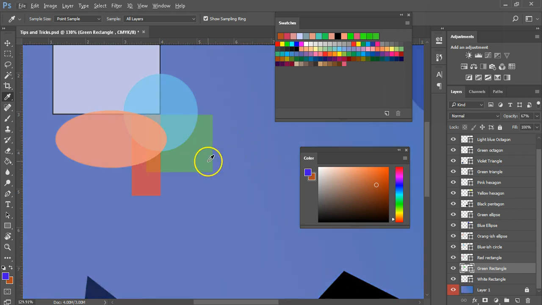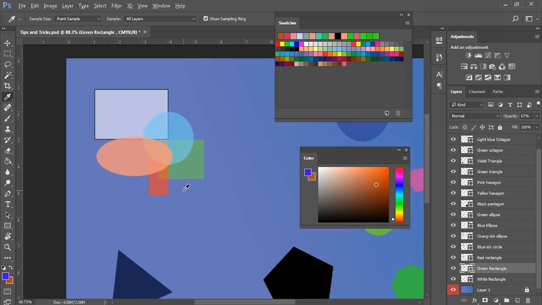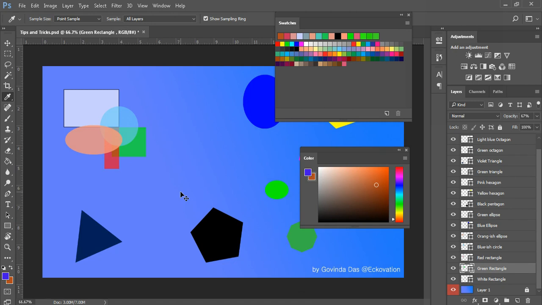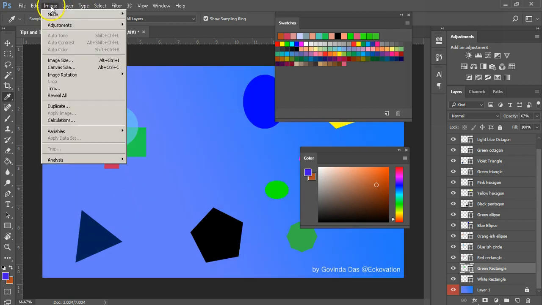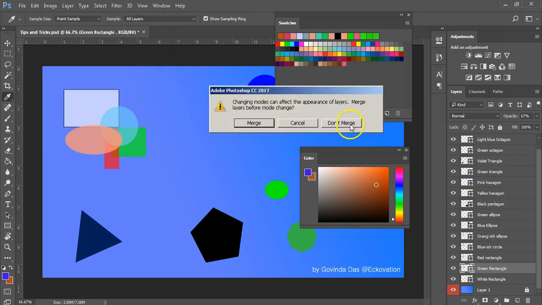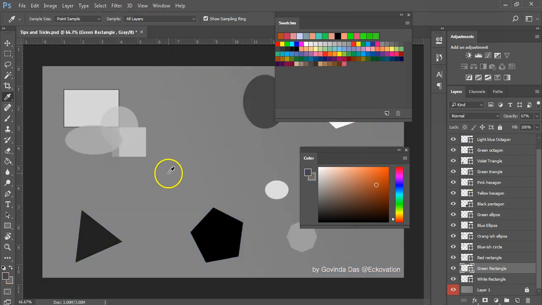You might have noticed some change in the colors of our canvas. If not, press Ctrl Z to switch back and forth to RGB and CMYK color modes. You can now see the changes in saturation of the colors. This is because CMYK mode is not as vibrant as RGB mode. You can also change the color mode to grayscale mode should you wish to go to black and white scheme. But remember, once you choose grayscale mode and make any changes to the layers, there will be no going back to RGB or any other mode. So choose wisely. Let's undo the grayscale mode back to RGB mode.